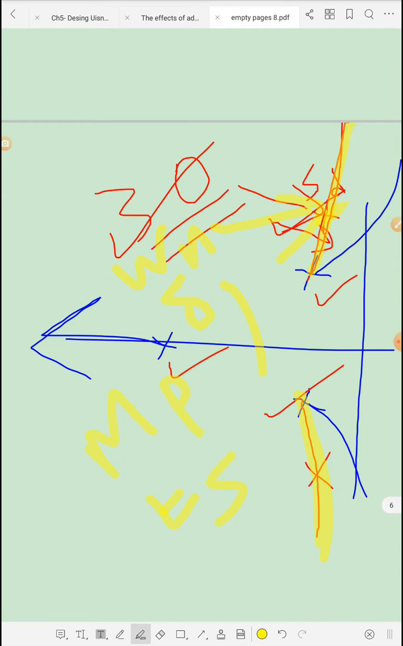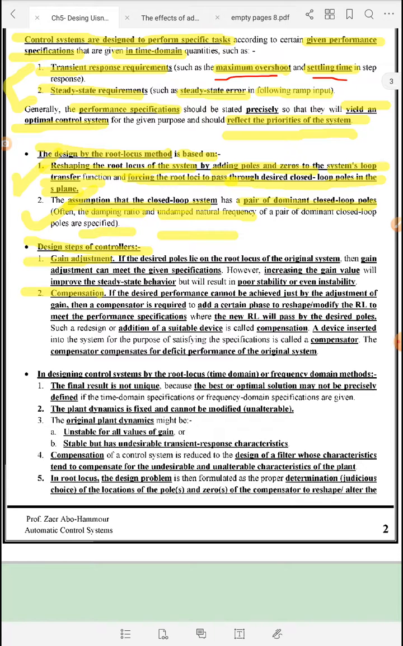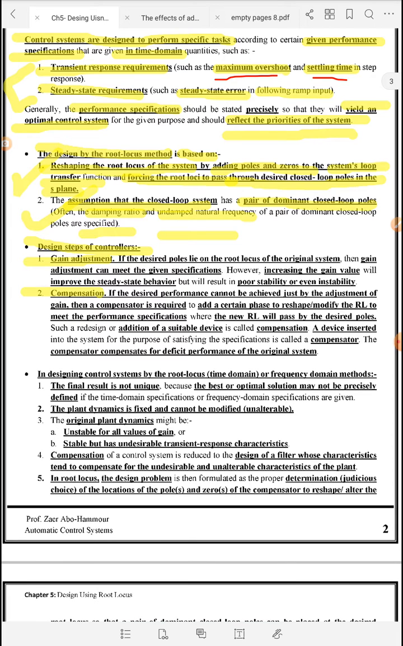So this is what we mean by gain adjustment and compensation, and I wish that after this discussion everything is clear to all of you. So let me again clarify. Gain adjustment: if the desired closed loop pole lies on the original root locus of the original system, then gain adjustment will meet the specification, and by this gain adjustment we will increase the gain value,